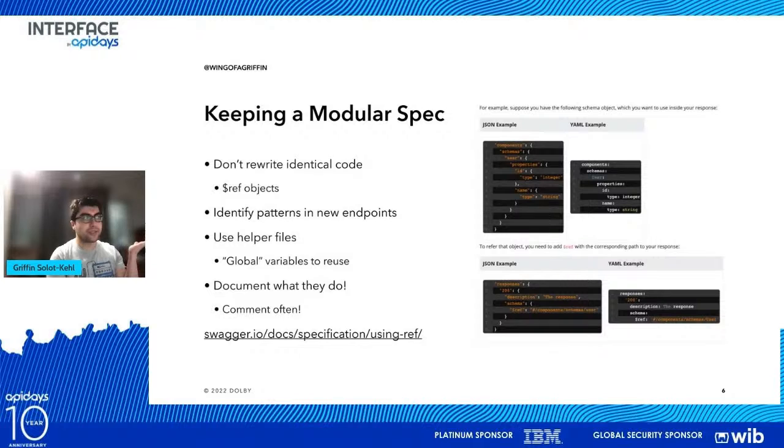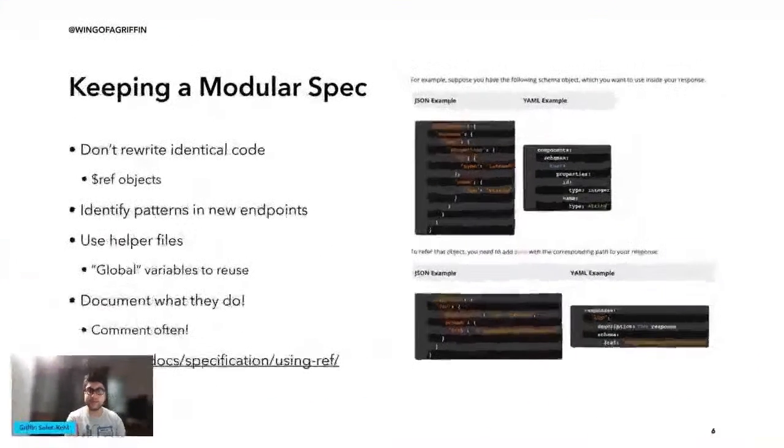Additionally, we want to make sure that we're documenting what all of them do. So make sure that you're using comments, make sure you're using your internal documentation. Just make sure that it's very clear where everything is if you're looking for different things to modify, and how to change them, so that people know what to do immediately instead of being thrown into the Wild West and not knowing where to go. Make sure to check out the documentation on it, because it is there for a reason. You want to make sure that you're using good documentation for how to build your spec, so that you can build your own good documentation of your own spec.